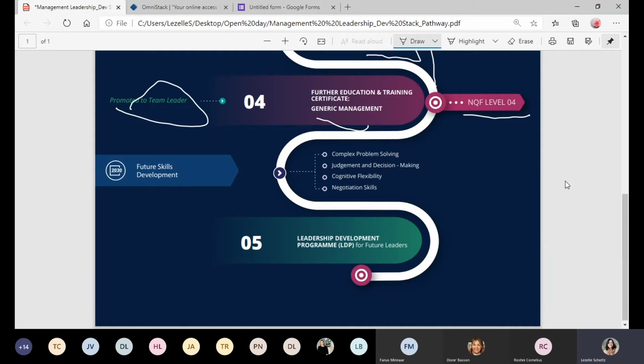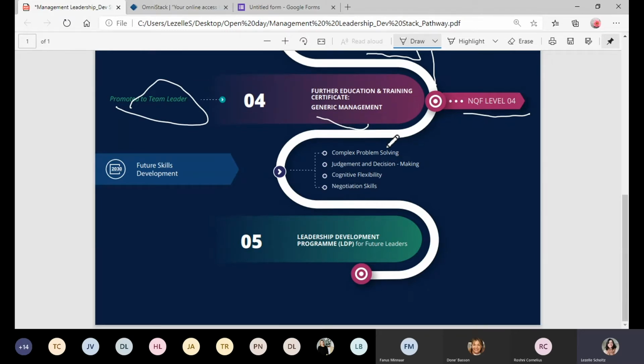In the generic management qualification, again, this individual can specialize. So let's think of somebody in the contact center space. They will have their technical skills in terms of the contact center environment, but matching that, they can then achieve a management qualification to combine those technical skills and have some leadership skills that they have then learned as well. So in terms of the NQF level 4 skills, we once again look at future